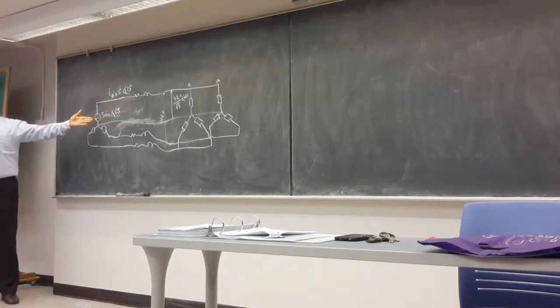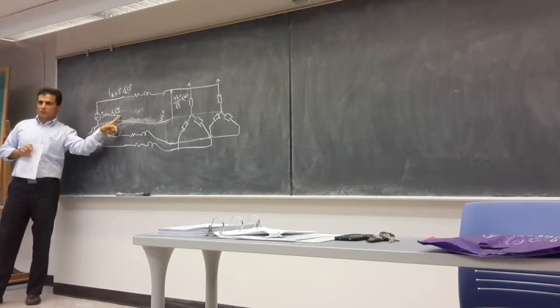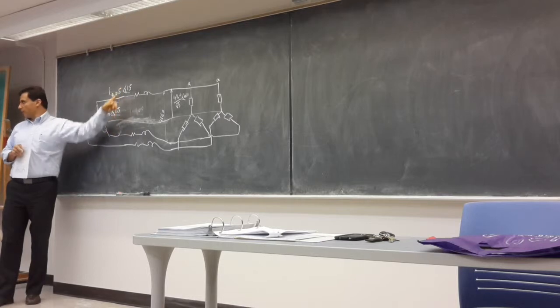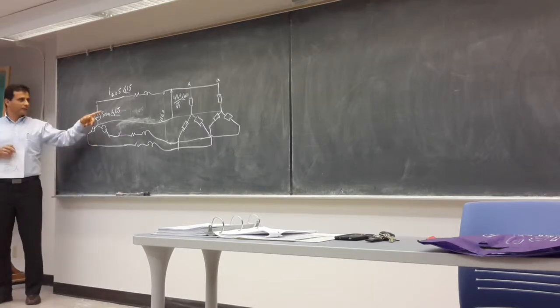Now, we will ask you how much is, for example, the power factor. What's the power factor? Look at this one. Cosine of this angle minus this angle, right? 65 minus 15 is 50. Cosine of 50. How much is the complex power? It's going to be,